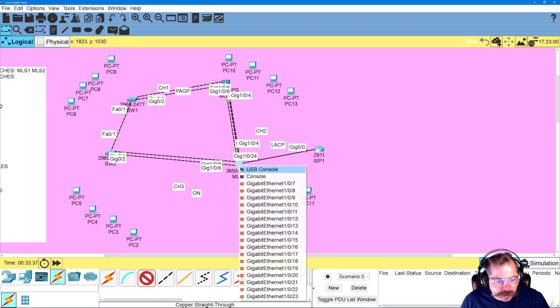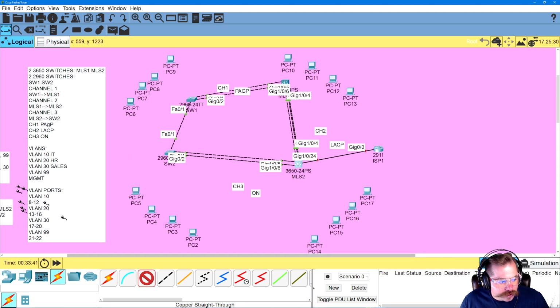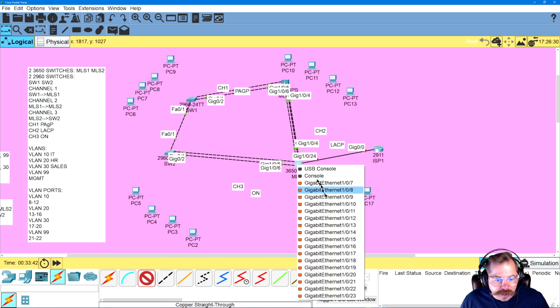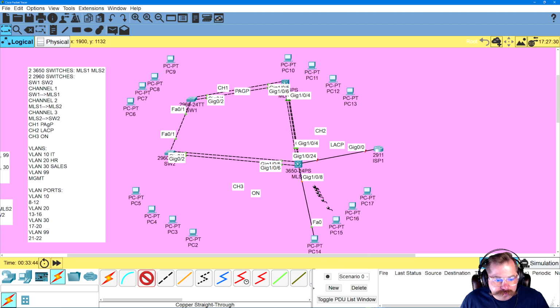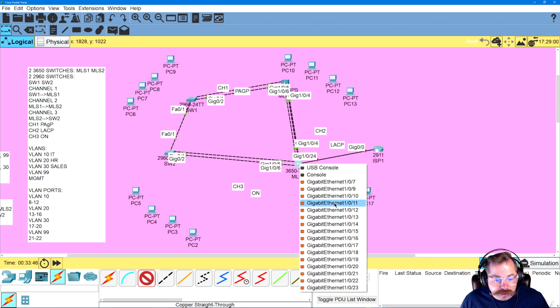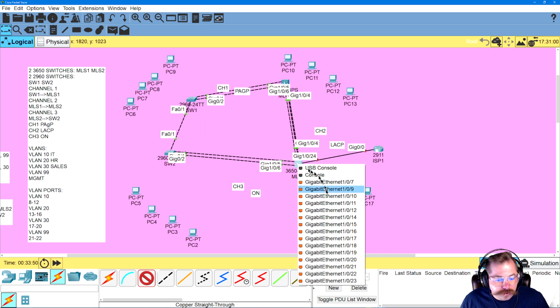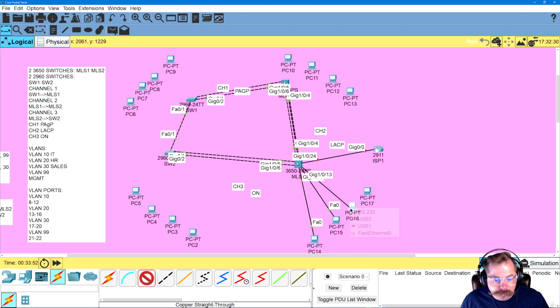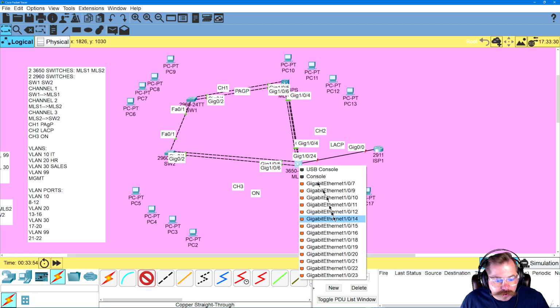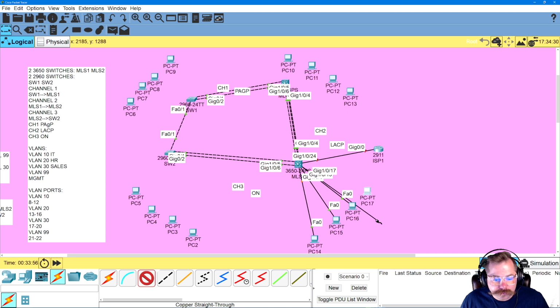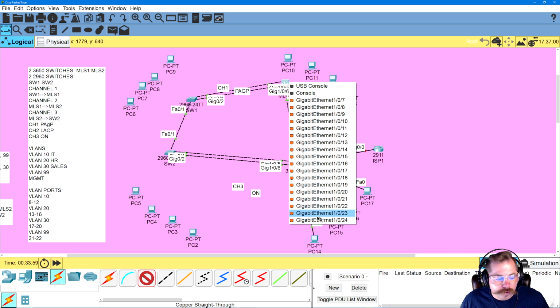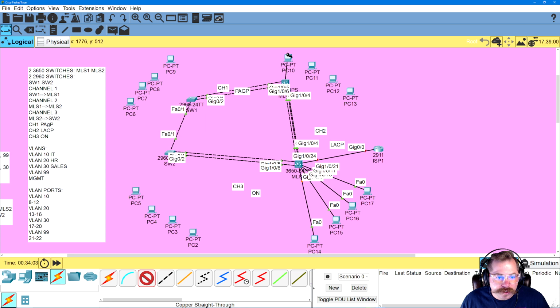Control. Click on that. So we know because of our ranges, right? We know what our ranges are right here for the ports. We're gonna start with 8 and connect that for VLAN 10. We're gonna start with 13 and connect that for VLAN 20. We're gonna start with 17 for VLAN 30. And we're gonna start with 21 for VLAN 99. And we're gonna repeat the same process for all of these. The one on the left is going to be my VLAN 10, and I'm going to work my way across, right? So 8,